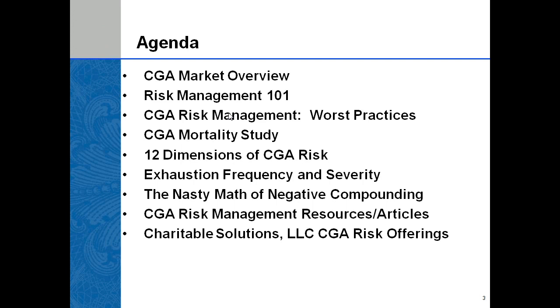Next, 12 dimensions of CGA risk. You probably didn't know there were that many dimensions with that wonderful, simple one-page gift annuity contract, but there are 12 dimensions of risk that are generally measurable and to some extent need to be contained as well. The exhaustion frequency and severity, just on average in normal periods. The nasty math of negative compounding, so I'll go through a very quick example of how negative compounding works